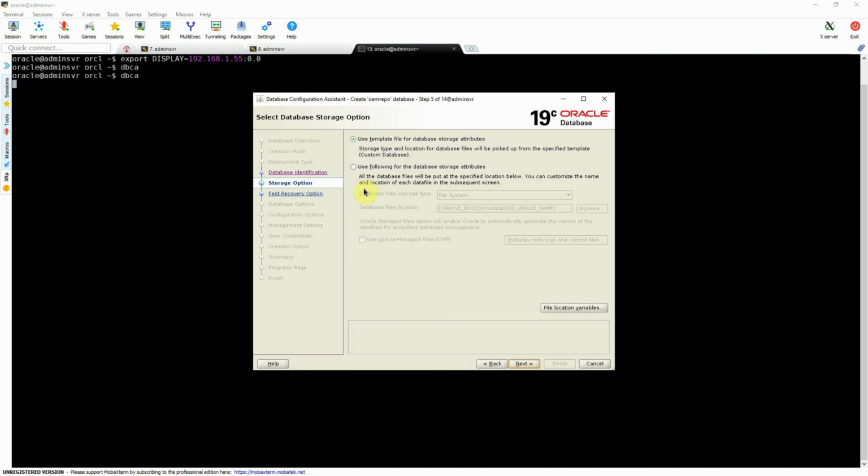Click next. In this screen, we will select the option "Use following for the database storage attributes," where we are selecting the file system option, and we have the ASM option also. The database file location will be our file system, which was created specifically to keep the database files, which is /u005,